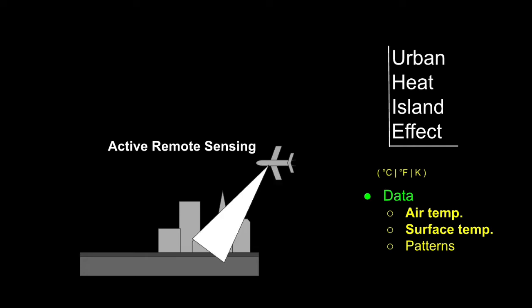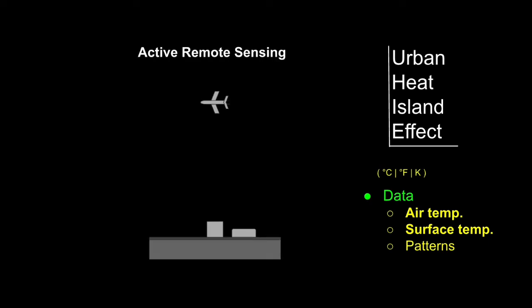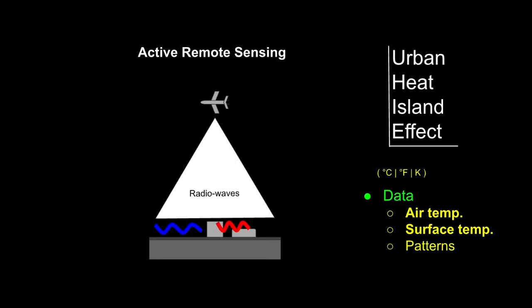You can see here an example showing differences between no buildings and with buildings. It uses radio waves, and those radio waves bounce back to the instrument,